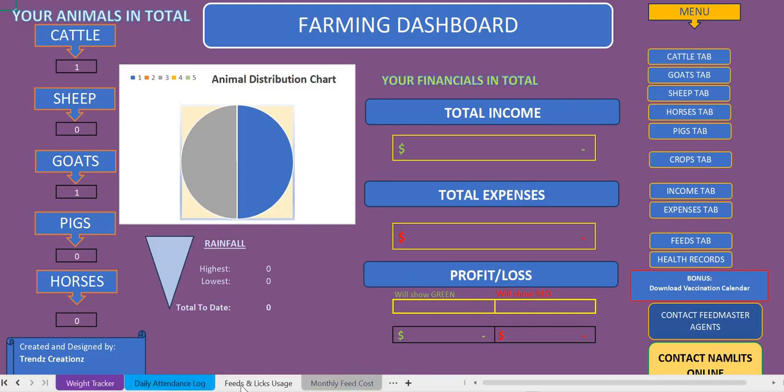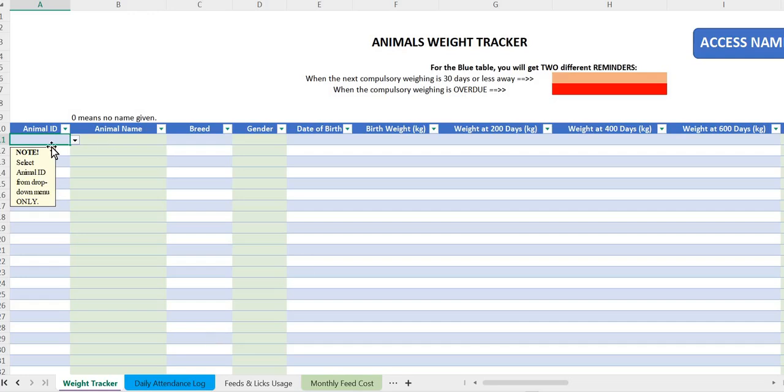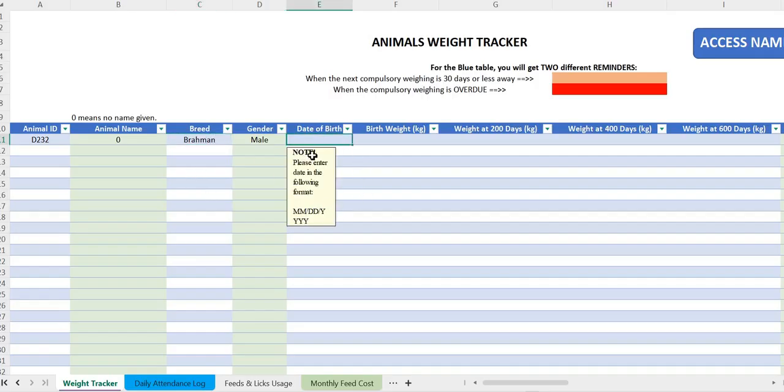So we see then now that, okay, we've got this animal, and it tells you that it's already a male, and maybe that was, you can say it's a Brahman. And then the date of birth, it tells you that please enter the date in the following format. So it was born on January 23rd,